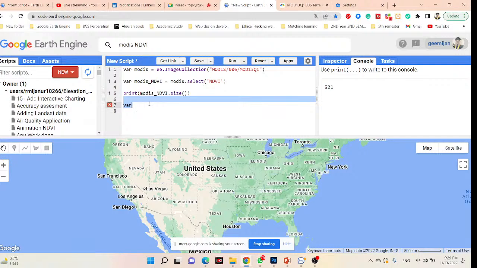Okay, so I simply filter. I put the variable filter date. Then I simply call the MODIS NDVI, because it stored a total of 521 images, and from these 521 images I need to select only the images for a specific time period. So I simply use the filter